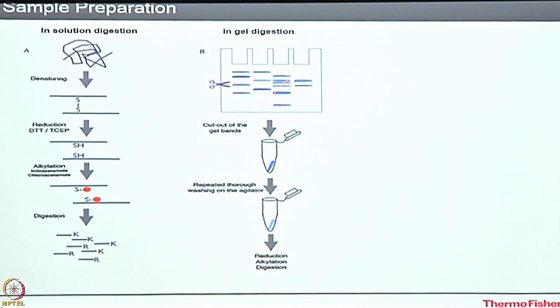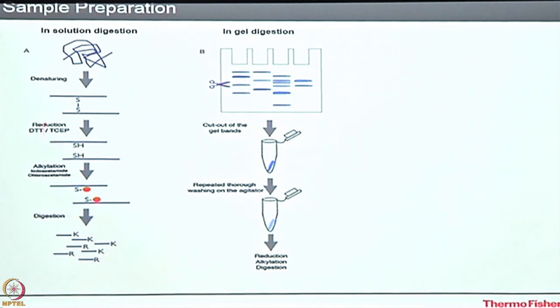Proteins you have, either you can run a SDS page, normal SDS page, or you can do in-solution digestion. In case of in-gel digestion, you run the gel in SDS page, then you cut the band of interest of your protein of interest, and then you digest that band. When you keep it with the trypsin, the protein gets digested to peptides. Once it is in peptide form, it will come out from the gel bands, and you extract those peptides, and then further you proceed.